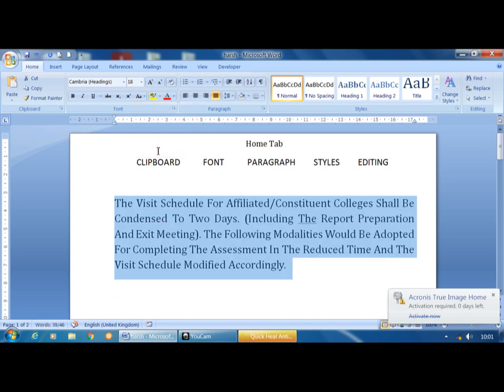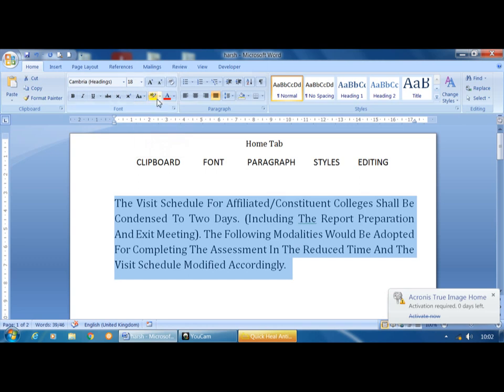See, so this is about the change case. In sentence case, the sentence's first word, first letter becomes capital and ends with a full point. Lowercase option is used to convert all the text to small case. Uppercase option is used to convert all the selected text to capital letters. Capitalize each word is nothing but each word's first letter becomes capital, and toggle case option is used to convert lowercase letters to uppercase and uppercase letters to lowercase.